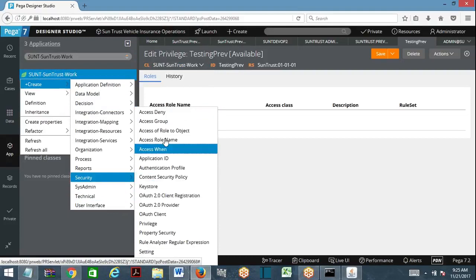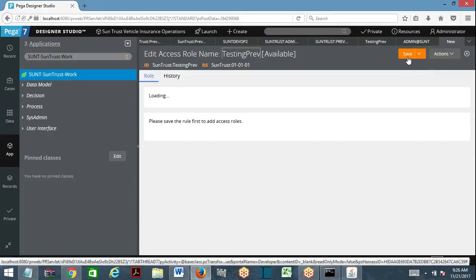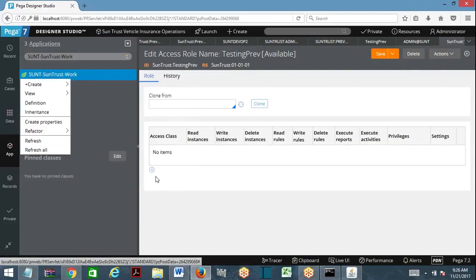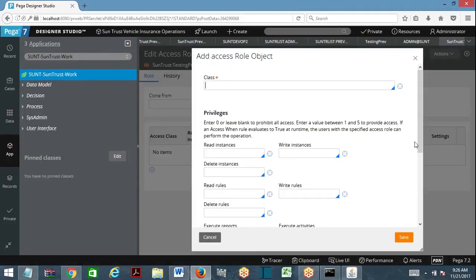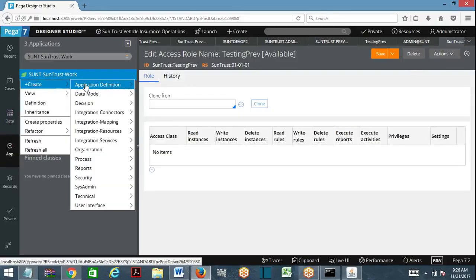Create security, role name I am writing: Testing privilege. Create and open. And save this. Now I'll create a role to object. Otherwise I can add here. I'm going to create another role to object.